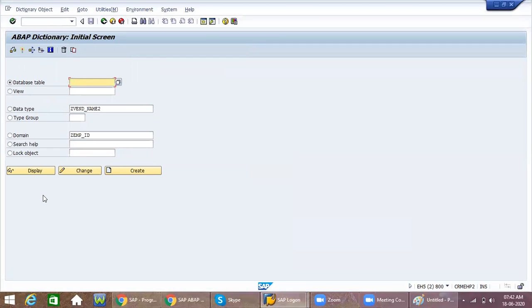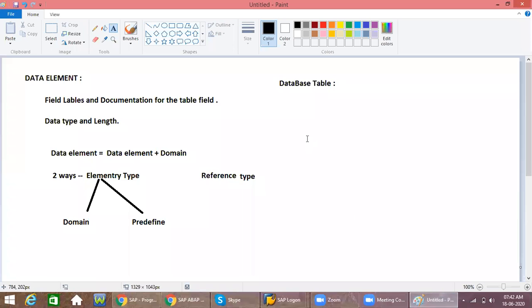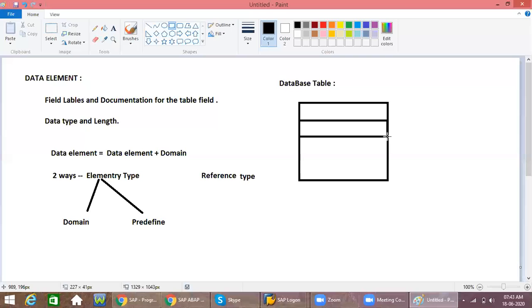Database table is nothing but a table used to store data in terms of rows and columns.